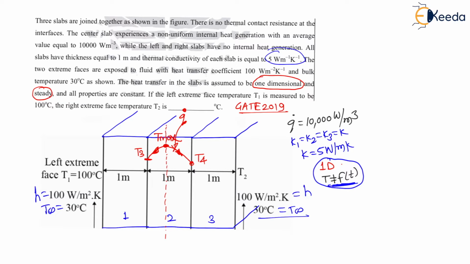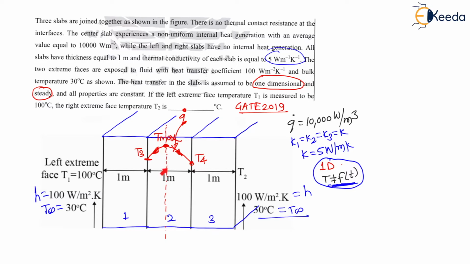Whatever may be the heat generated, now in this second slab, that is the interface slab, the heat is generated uniformly. For steady state condition, as heat is generated inside the slab, the temperature is increasing. Because of generation of heat, temperature is increasing, but they have given steady state condition, which means temperature must be constant. Therefore whatever heat is generated inside the center slab, all of it must be lost from the slab. Whatever is generated inside must be heat lost from that slab. So let us understand what will be the heat lost.